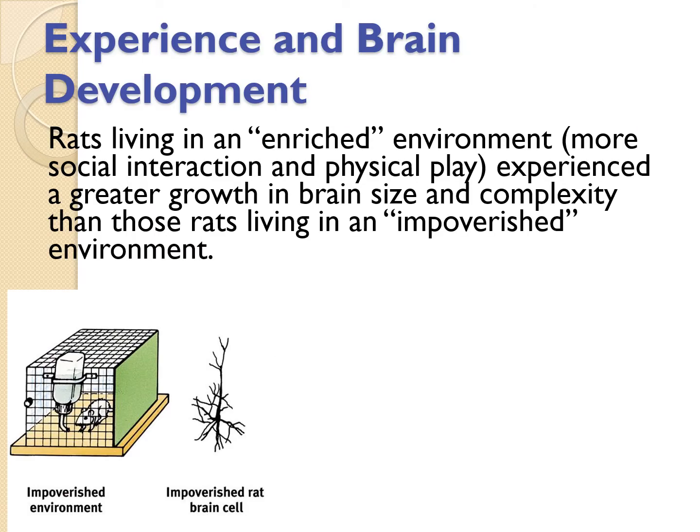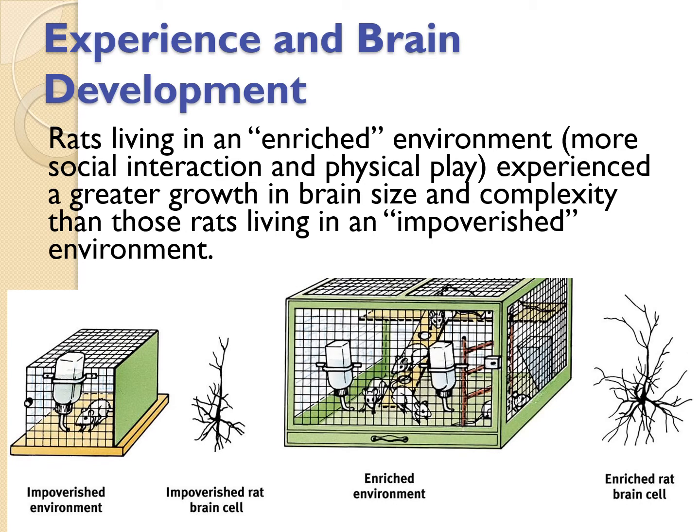When we looked at those neurons, many wanted to look at how can we build more neurons for children. So of course they did tests with other animals first. And so here's an example of rats. Now in the first picture on the left, we have a rat in what they called an impoverished environment. It got food, just basic food. It got water, no play activities, no other rats to play with, that kind of thing. So you could see what kind of brain cell they had going on there.